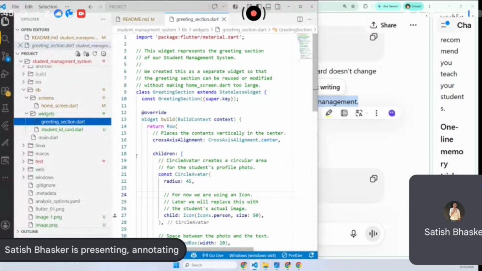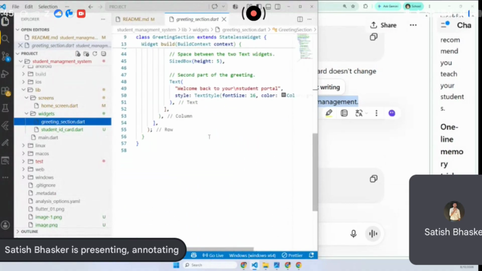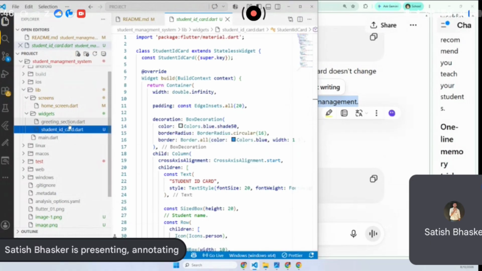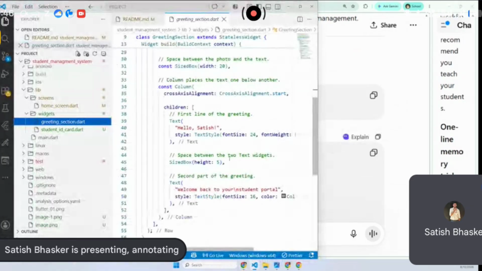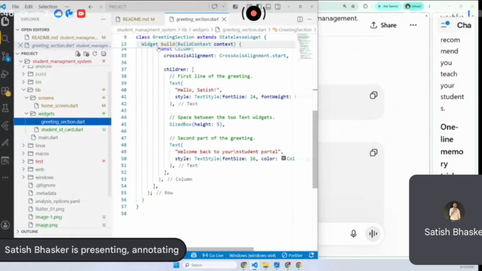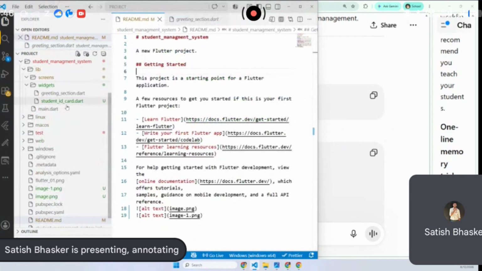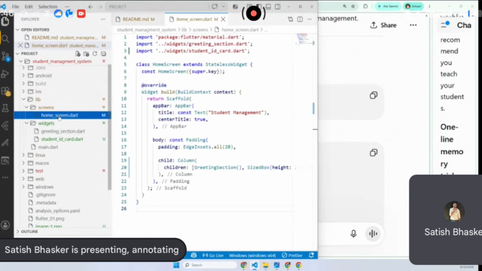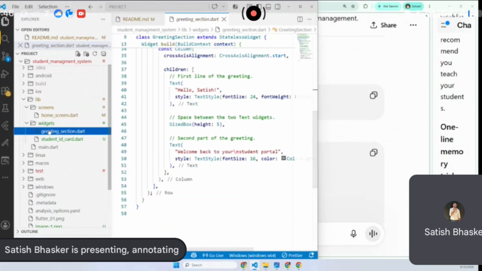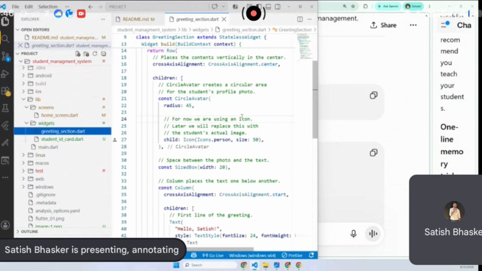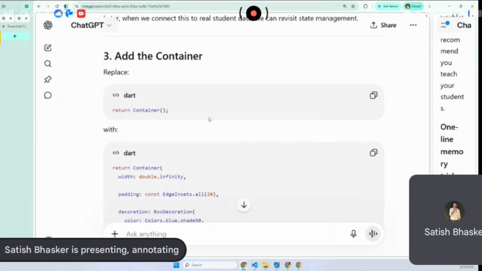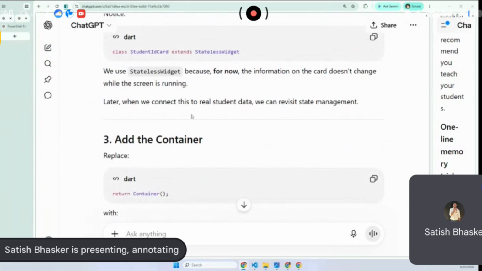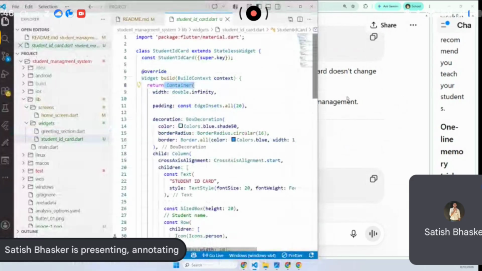I have added the container student ID card under the greeting section. Return container. Why this return container? Because